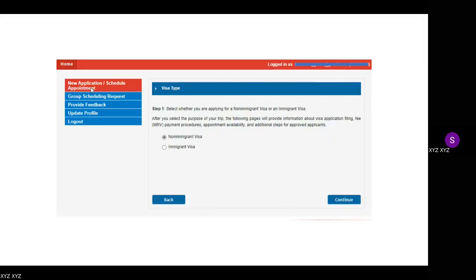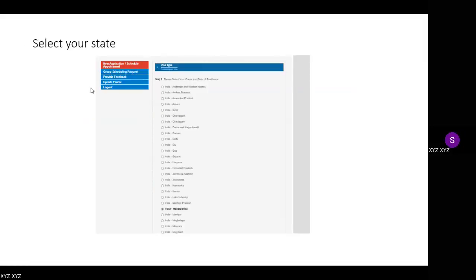In this page, you have to just select your visa type. Normally for H or L type of visa, it should be non-immigrant visa. After selecting non-immigrant, you have to go to the next page.